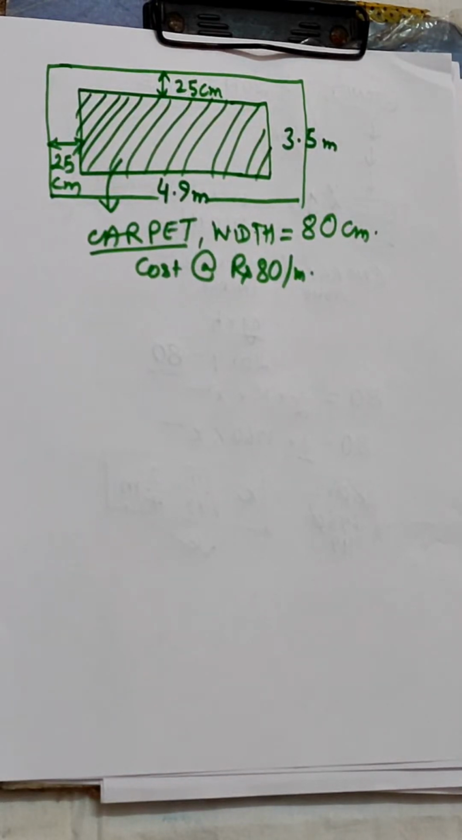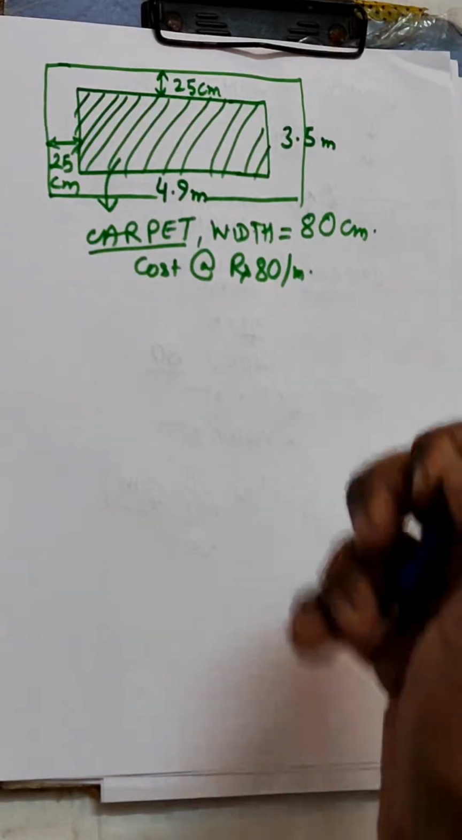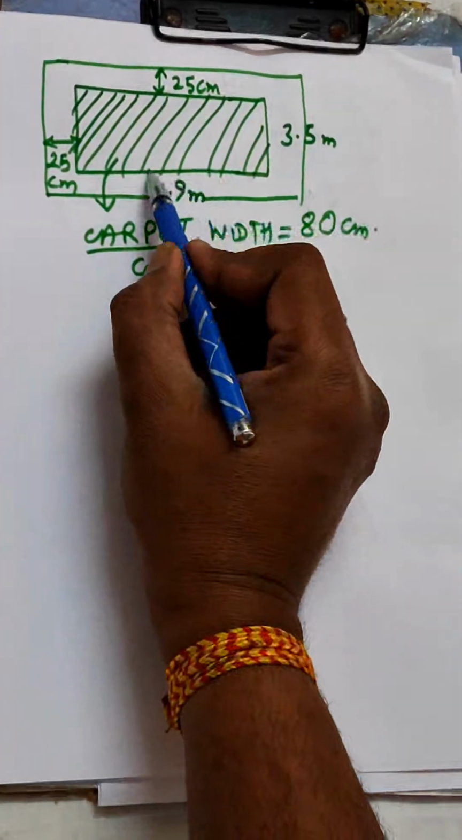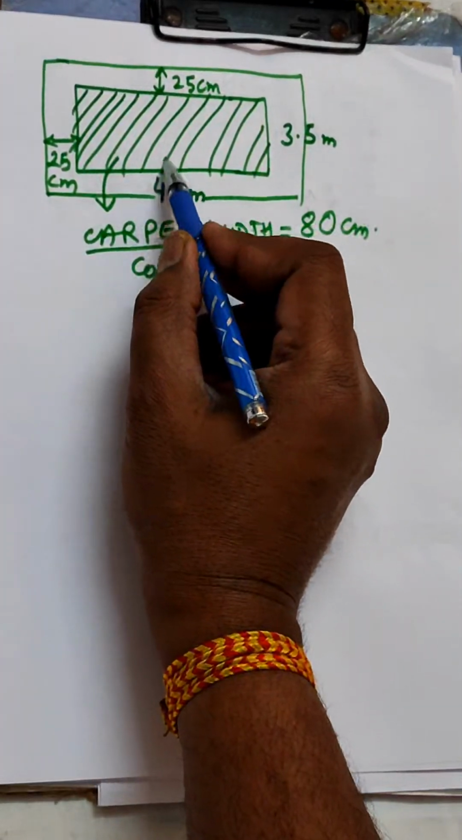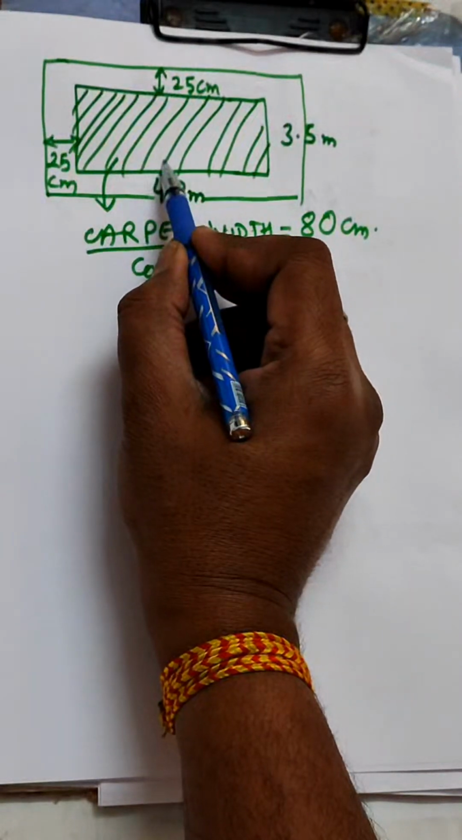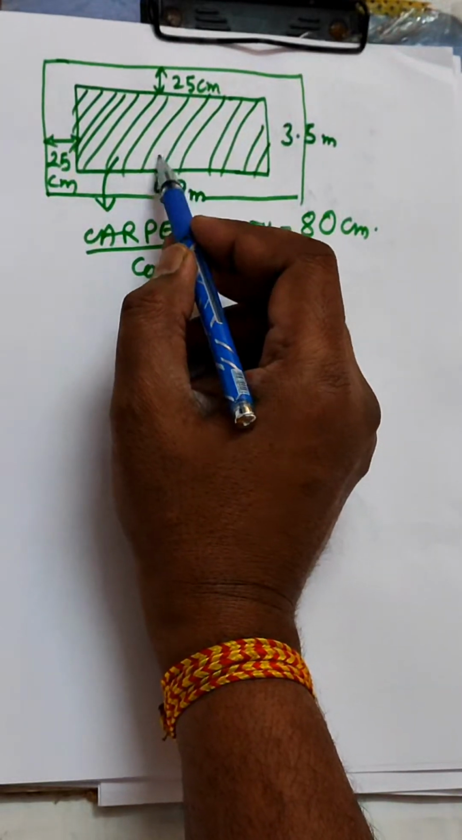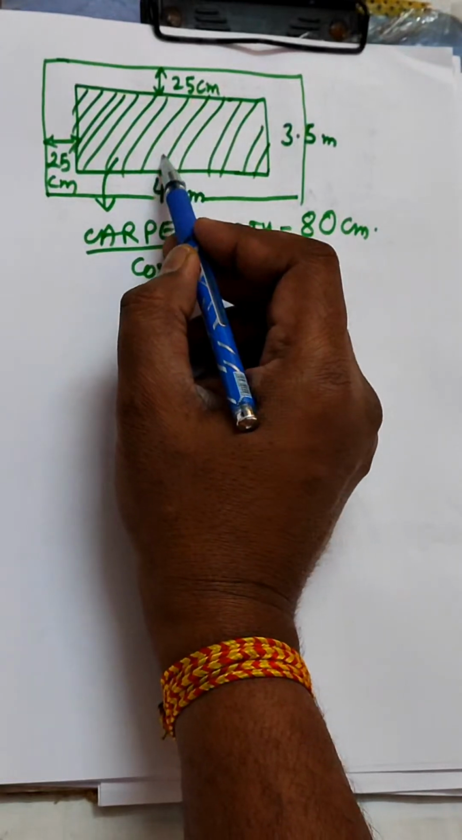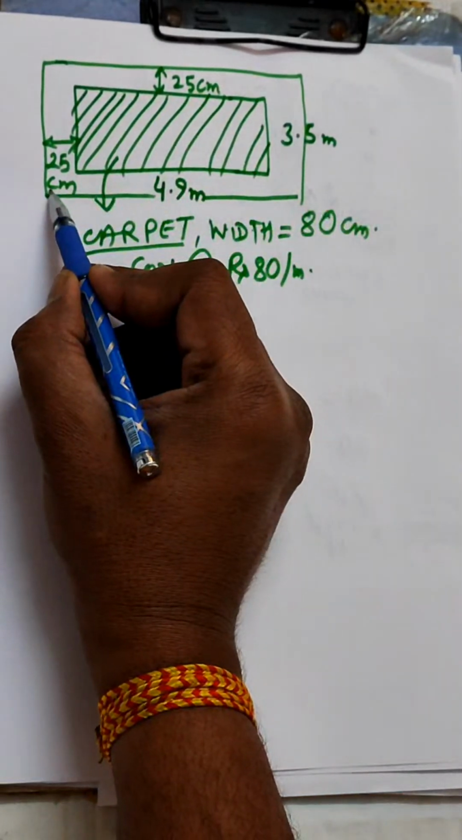In this question, we need to calculate the area of the inner room. Inner room means the carpeted area. What is the carpet area? Carpet area will be